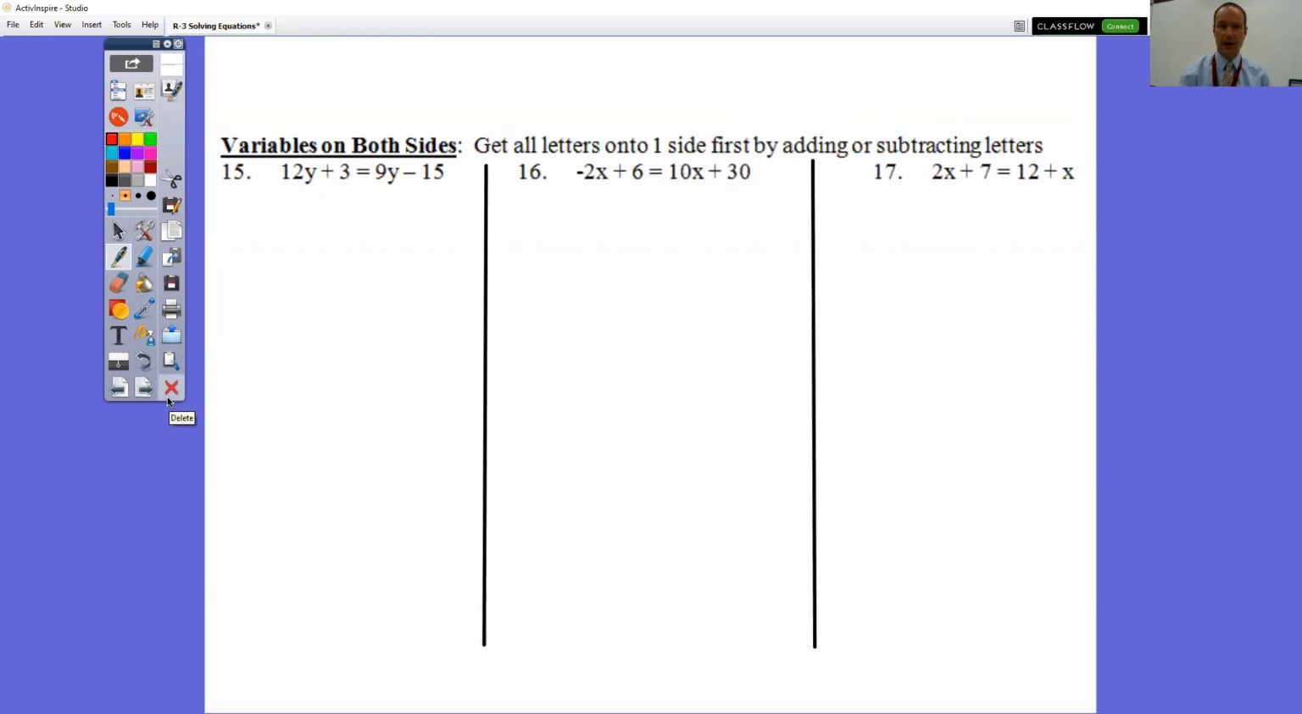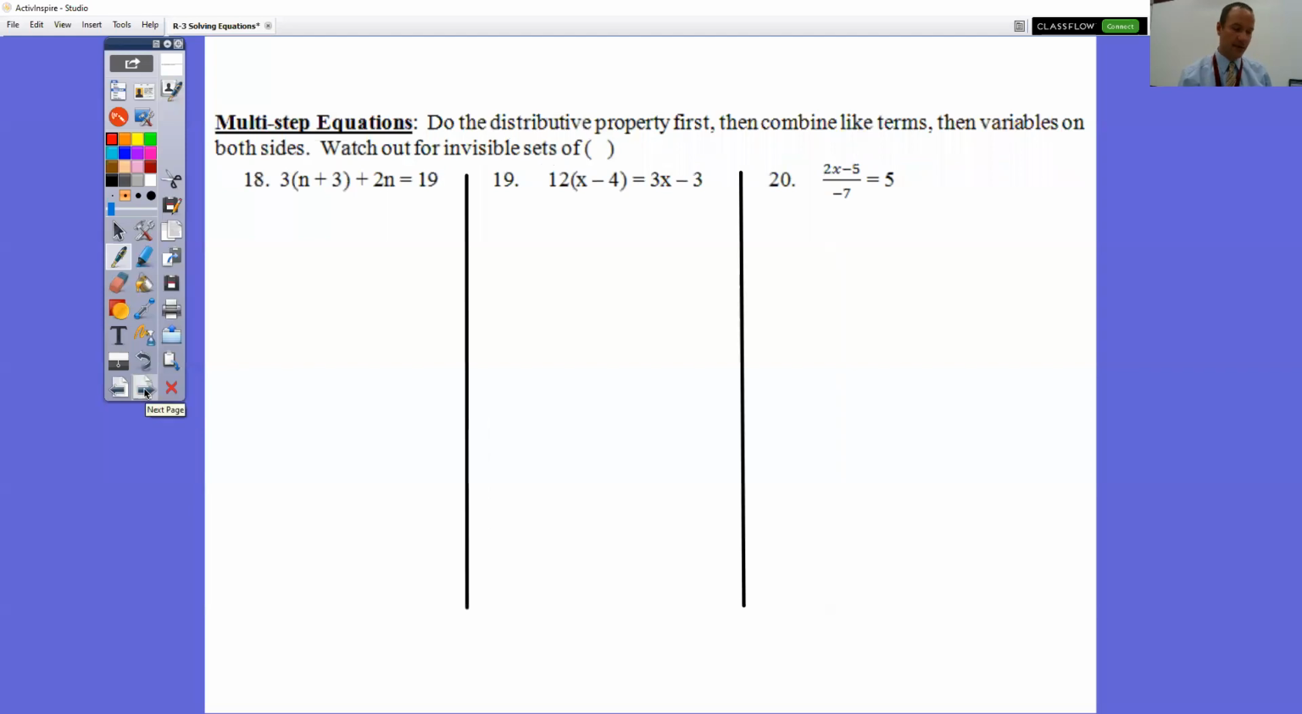Yesterday, we also talked about variables on both sides. When you have a letter on one side, a letter on the other side. Remember that if it's a positive letter, you have to subtract it from both sides. If it's a negative letter, like here in number 16, a negative 2x, we would have to add it to both sides. So keeping that stuff that we did in mind from yesterday,